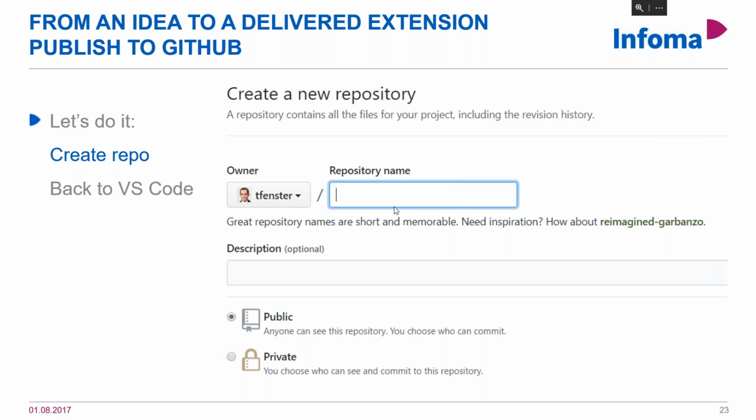We can have issue handling, we can add a wiki page, we can have so-called projects if we do bigger things, but they're not too much used, I think. And you also have paid GitHub versions where you can have private repositories. So if you want to share your code through GitHub, but not everyone to access it, you need a paid account, which is like $7 a month or something like that. And then you can have a private one as well.